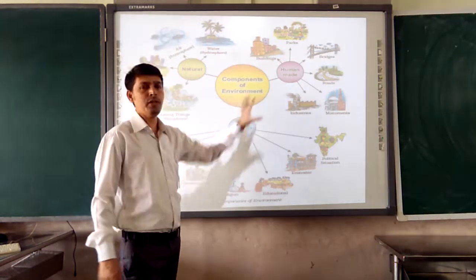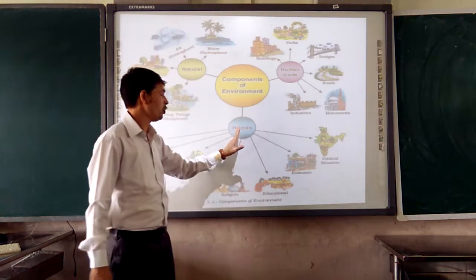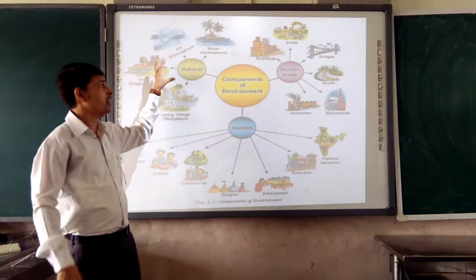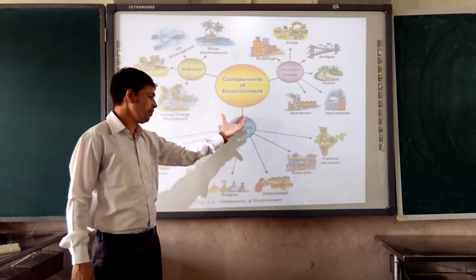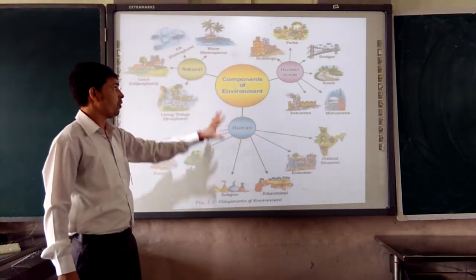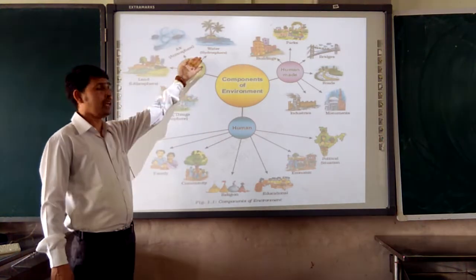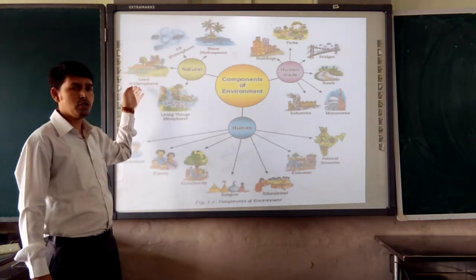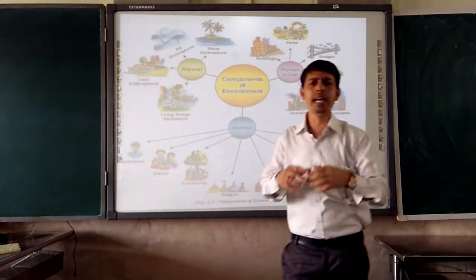There are three components of environment. First, we will talk about human-made, human and natural. The natural environment is modified by humans, and that becomes the human-made environment. And then, how human beings utilize themselves in different ways. First, we will see the components of the natural environment. In the natural, we have hydrosphere, atmosphere, lithosphere and biosphere.